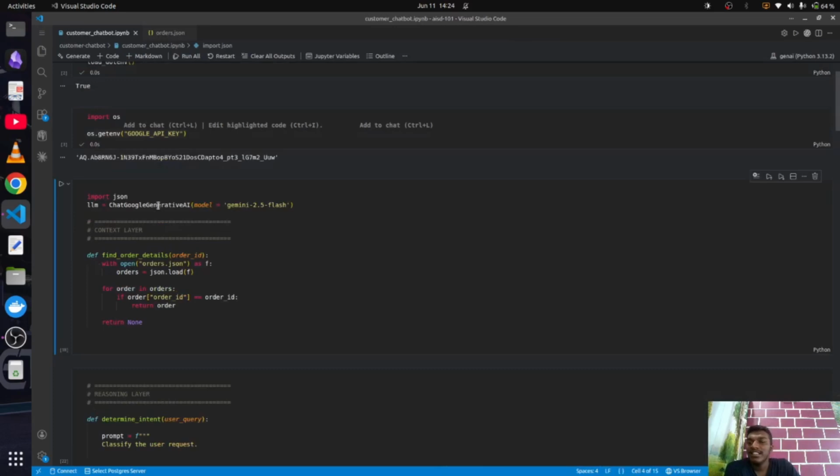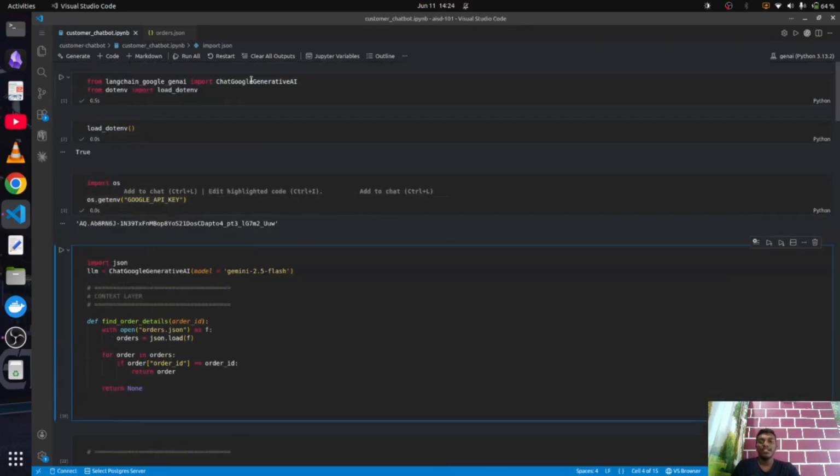Next, we are going to instantiate our LLM. This is the interface which you imported here, and you are supposed to specify the model name, whatever you are going to use. Gemini 2.5 Flash is a cheaper model and a good model for business purposes where you don't have very intensive intellectual tasks and just require some basic intelligence. Maybe you can go with this model.